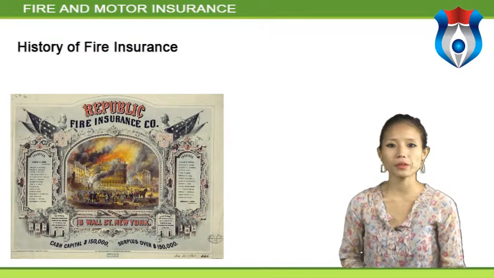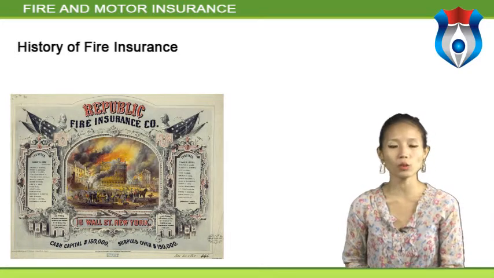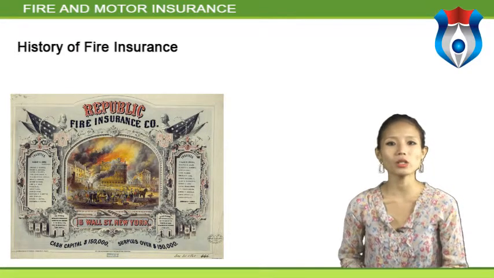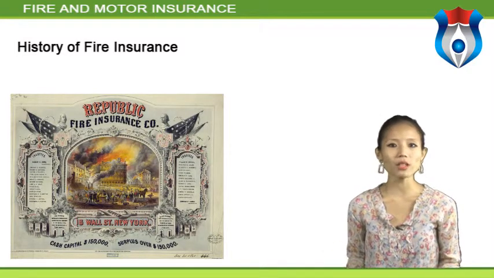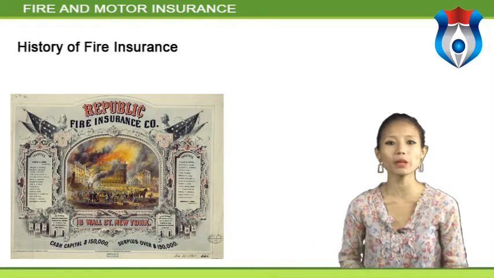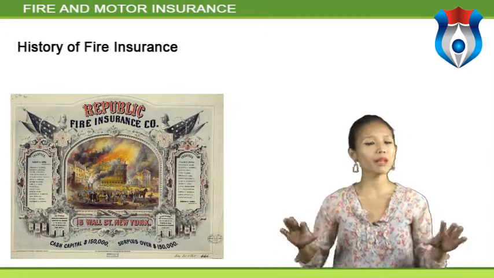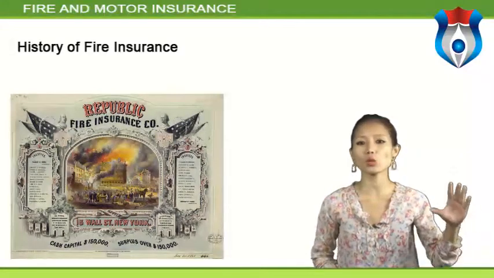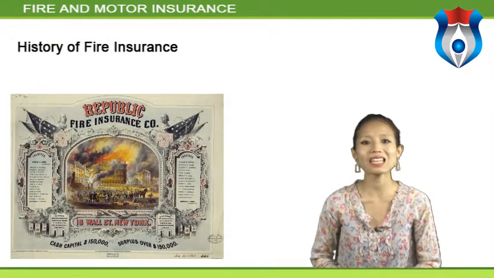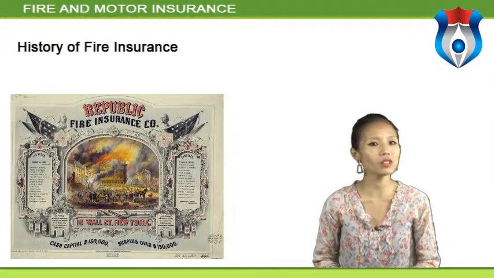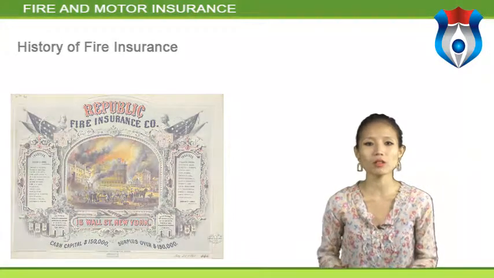History of fire insurance. The development of fire insurance can be traced back to 1601 AD, when the Poor Relief Act was passed in England. While this act, letters called briefs were read from the church asking for collection from the public to help those who suffered losses from fire. There was a great fire in London, a historical disaster in which, within a span of 3 days from 2nd to 5th September 1666, 80% of the city was destroyed, which sowed the seeds of fire insurance as we know it now.